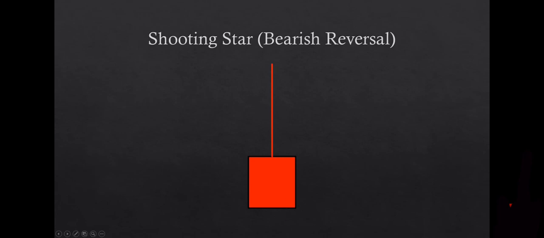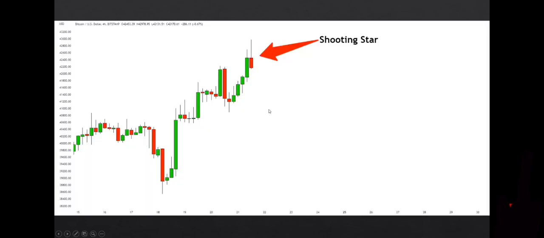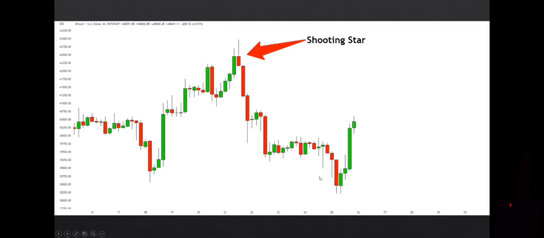In this chart, we have the 4 hour time frame of Bitcoin versus the US dollar. I marked a clear shooting star pattern after price has been rising for a while. In this next chart, you can see that the price went down immediately after the appearance of the shooting star pattern. The bullish version of the shooting star is actually called hammer, and it has a small bullish body, a